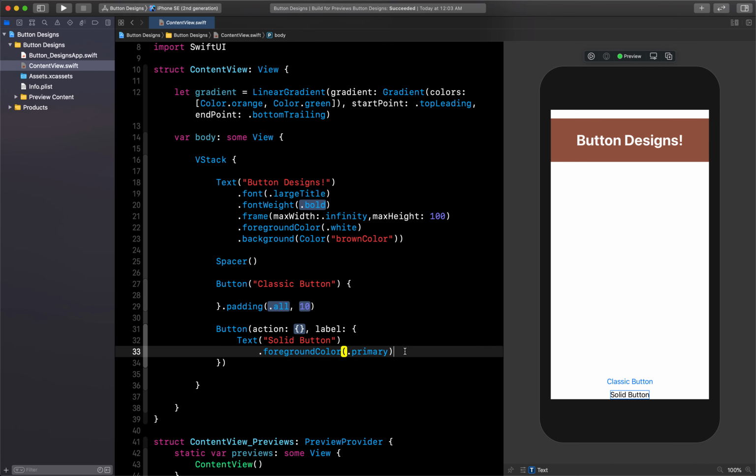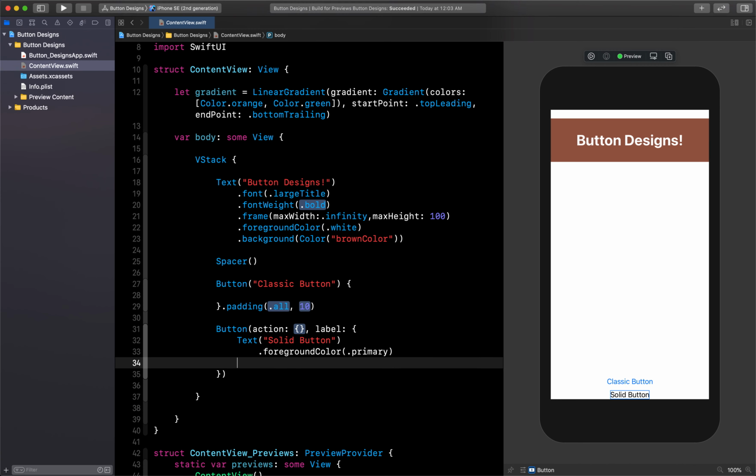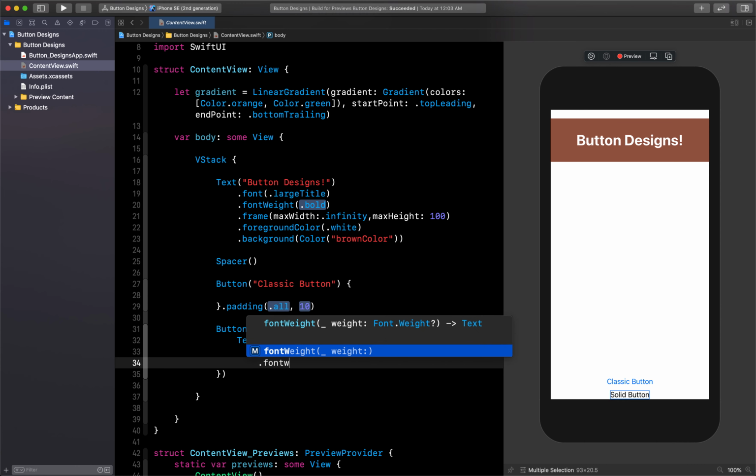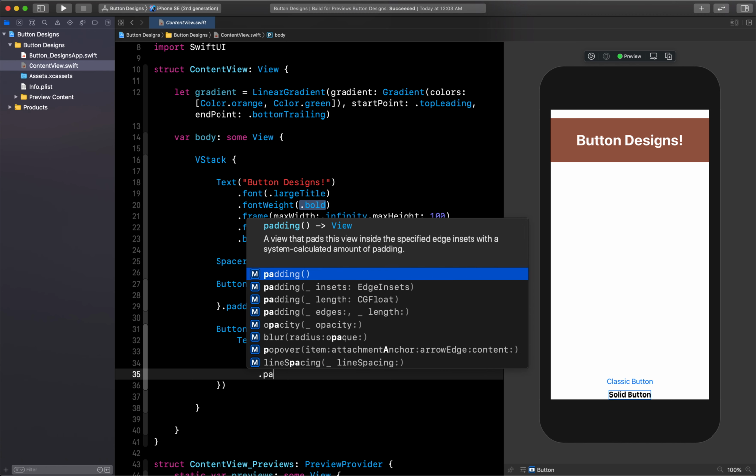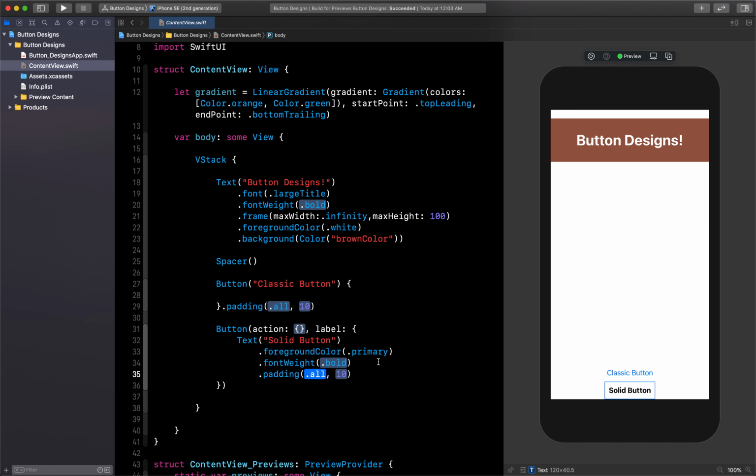Then next one is font weight, let it be bold, and then padding. Okay, now the actual text is looking fine, but now we need to design our button also. To design our button we need to give some background. So let's give background here.